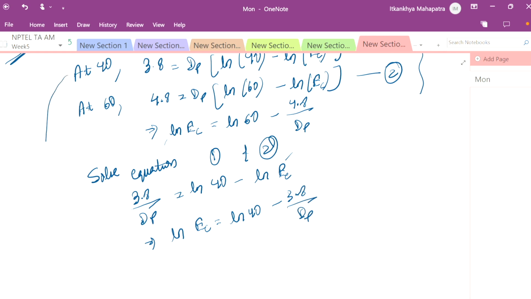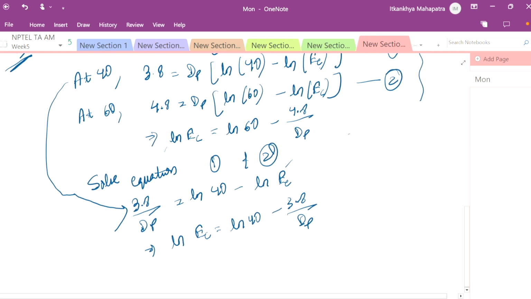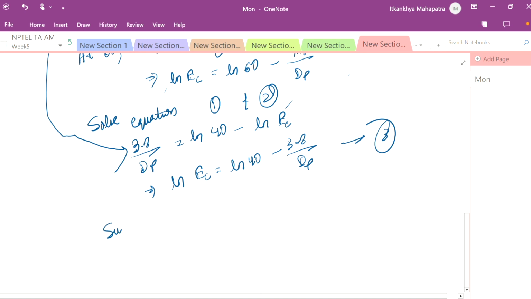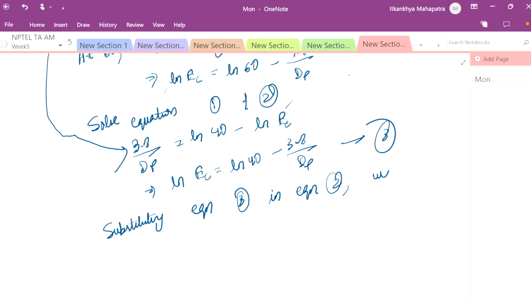This I am continuing from here. Okay, this already we got. Now we can write this as equation 3. Now we substitute equation 3 in equation 2 and we get